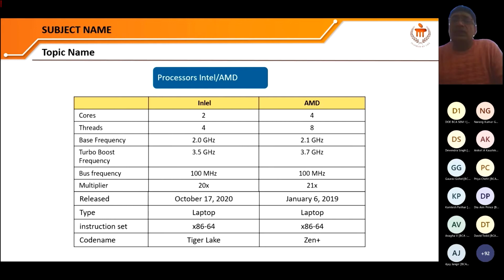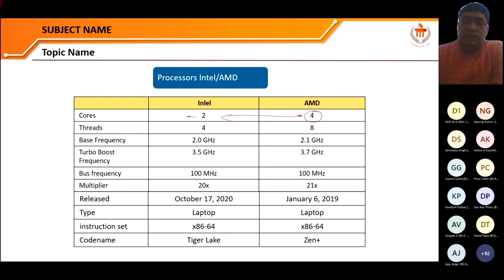Nowadays we hear about only two types of processors in the markets, Intel and AMD. AMD is also selling processors, and people are nowadays interested in buying AMD. So if you have a choice to purchase, which system do we have to purchase, Intel-based or AMD-based processor? So here is a basic difference between Intel and AMD. Here we have only 2 cores and AMD has 4 cores. So here AMD has more performance than Intel.